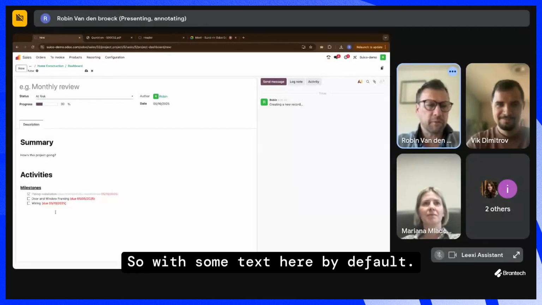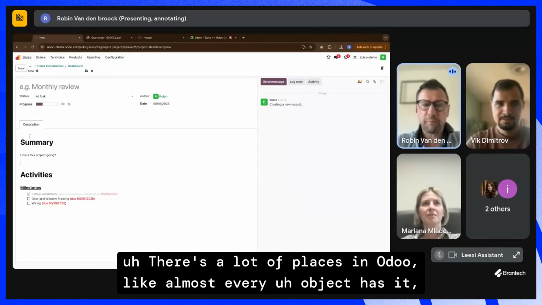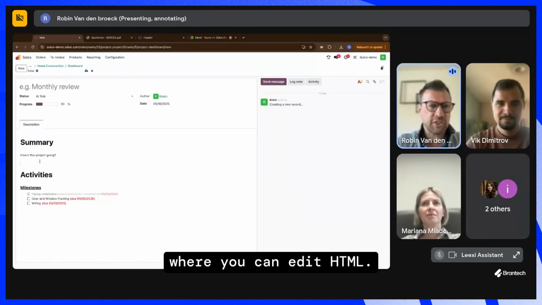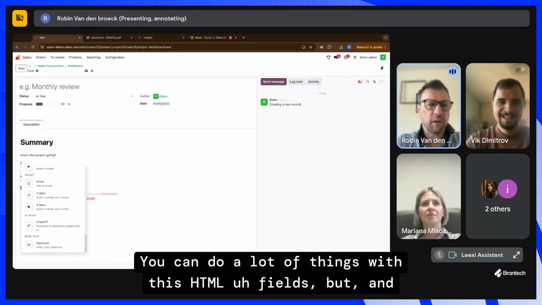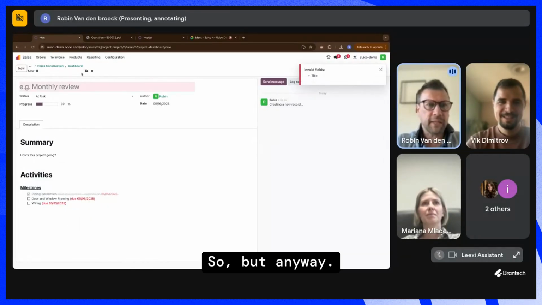So with some text here by default, there's a lot of places in Odoo, almost every object has it, where you can edit HTML. And the HTML is very, very powerful. You can do a lot of things with these HTML fields, and they're everywhere in Odoo. But anyway,